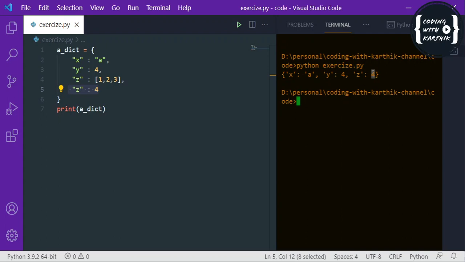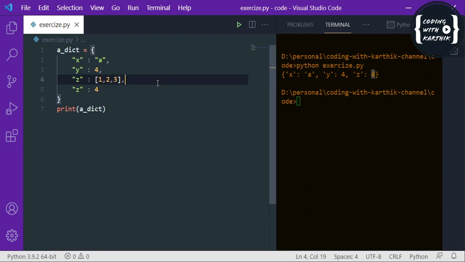But you have to remember one thing. Dictionaries became ordered from Python version 3.7. In the versions previous to 3.7, Python dictionaries were unordered, so there is no guarantee for the order. But from 3.7 onwards, the Python dictionary is ordered. So before you run the code, first you should check the Python version. By that, you can make sure that the Python dictionary is ordered from 3.7 onwards.